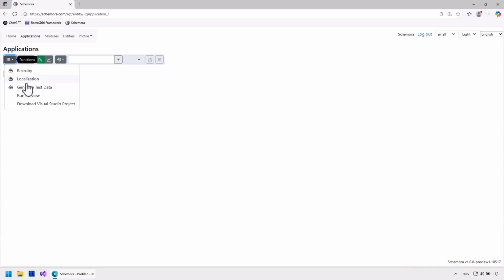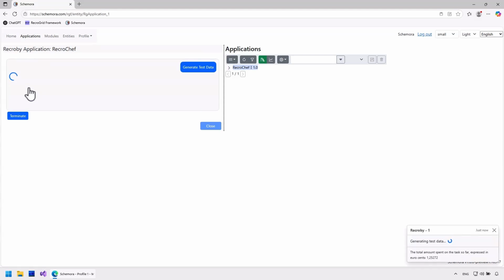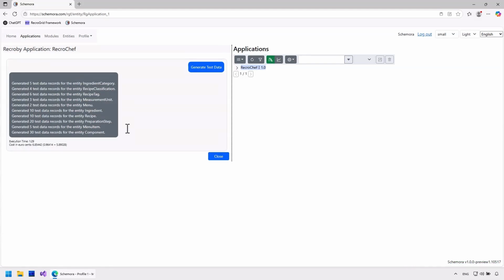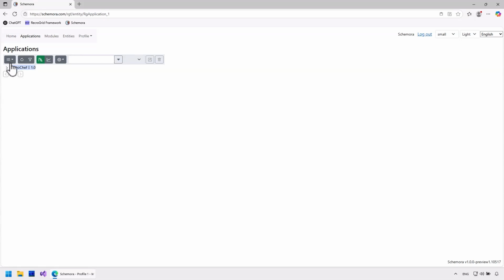Now it's time to generate some test data. Done. Let's run it.